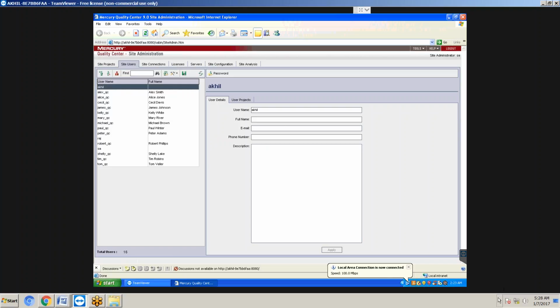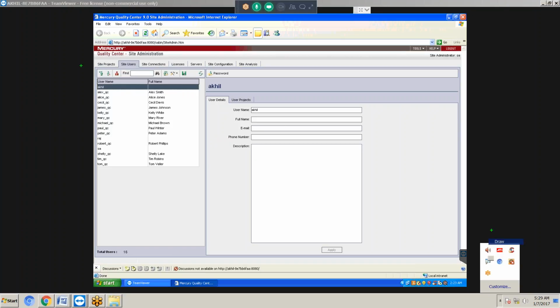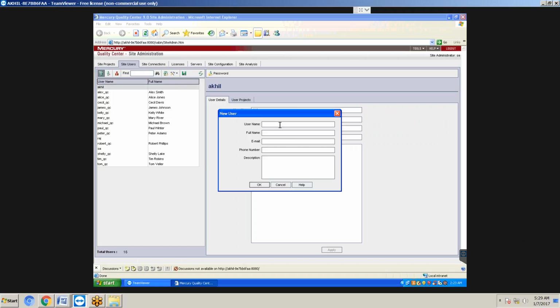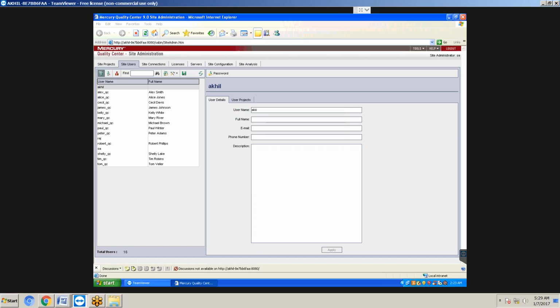Just click on new user. This is the new user option. Create the new user. The username is Akki, first name is Akki. Click on OK. Create password.